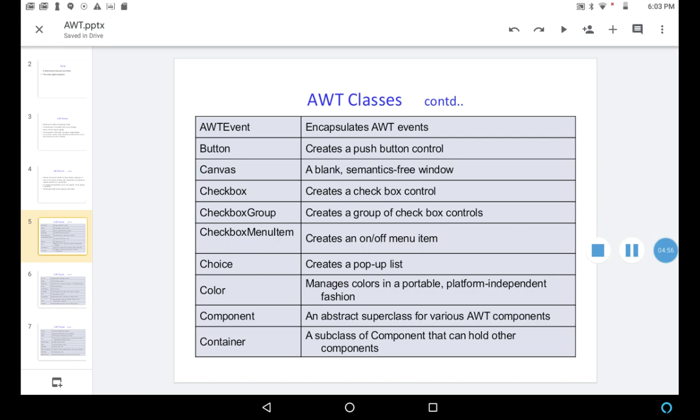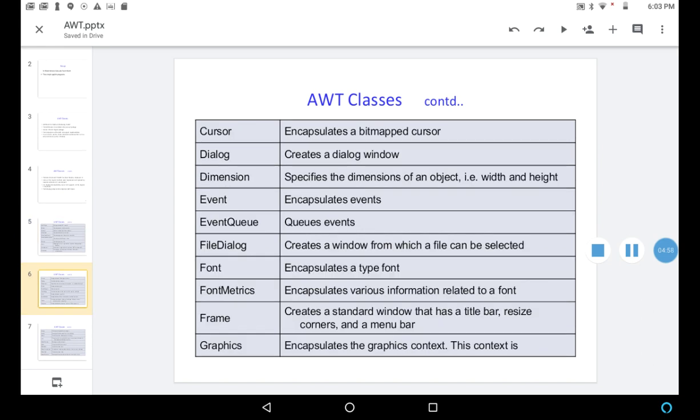We'll continue. Another class is cursor. It encapsulates a bit-mapped cursor. Dialog creates a dialog window.